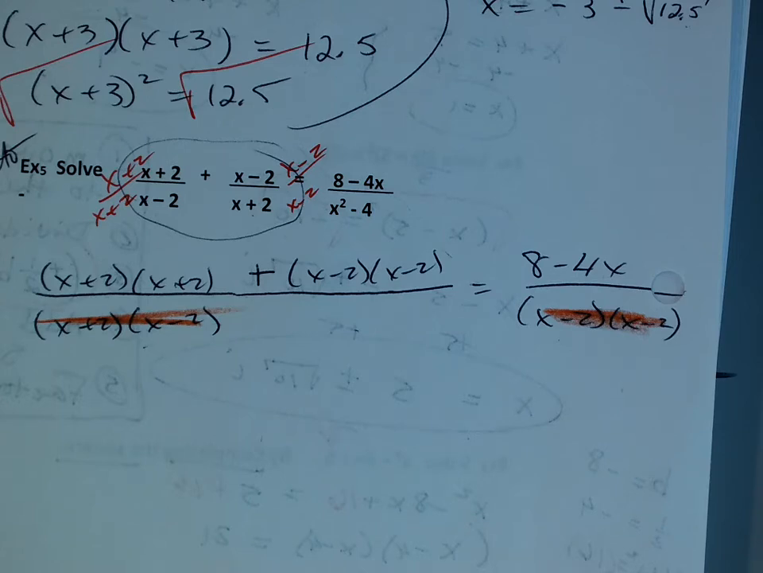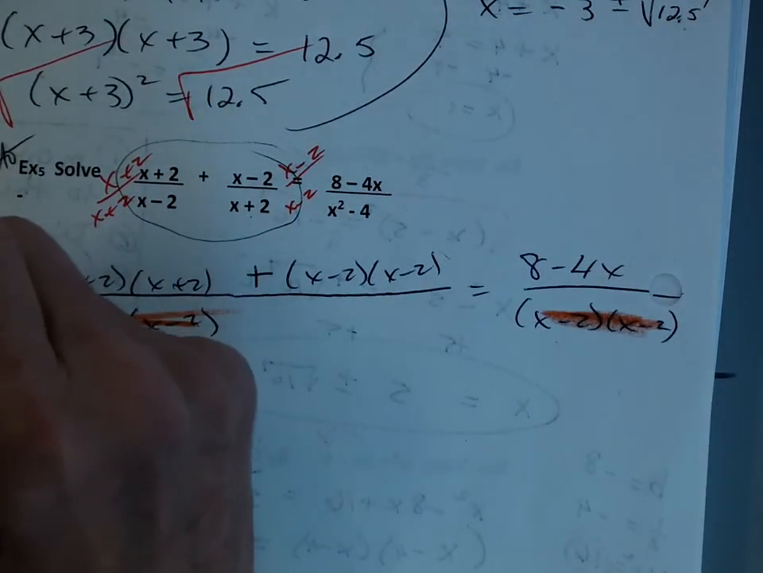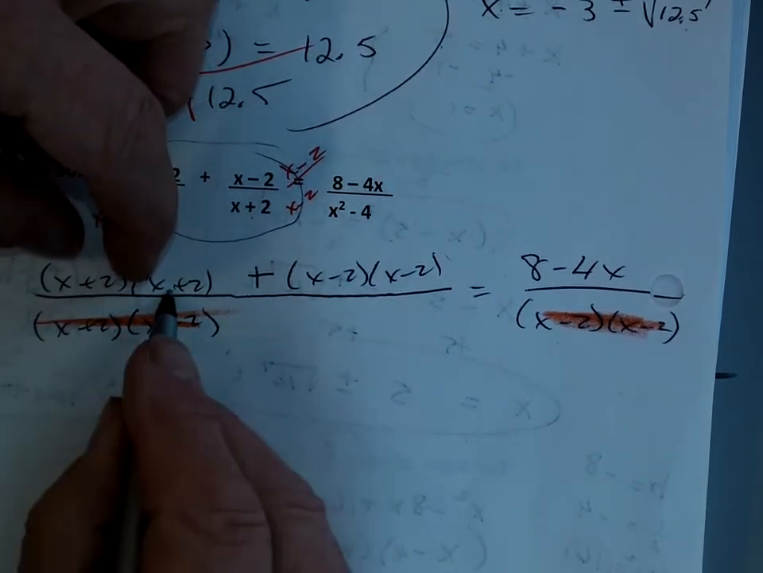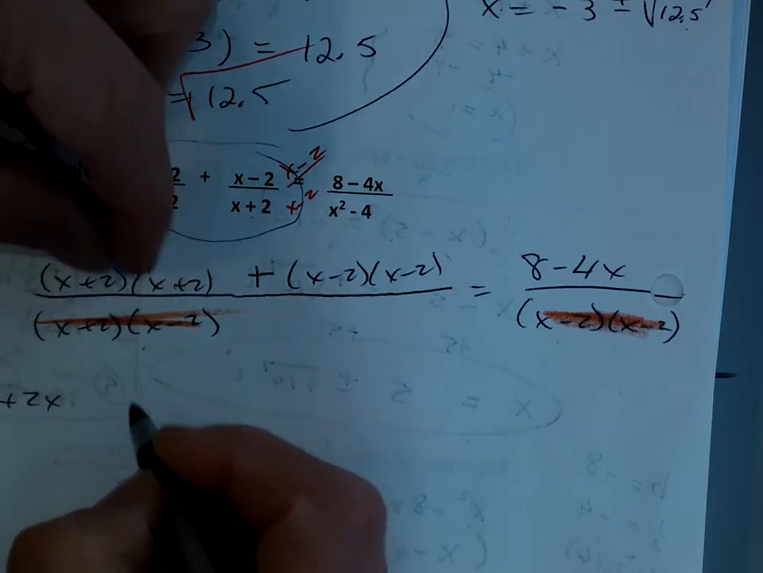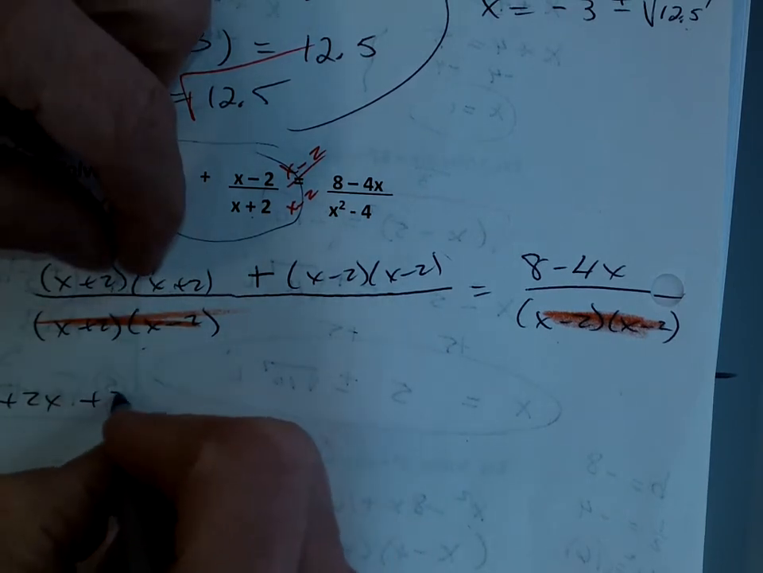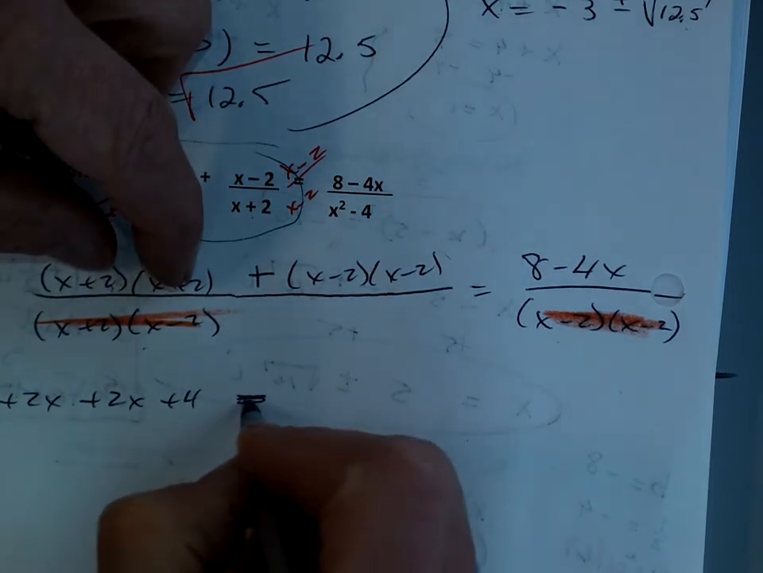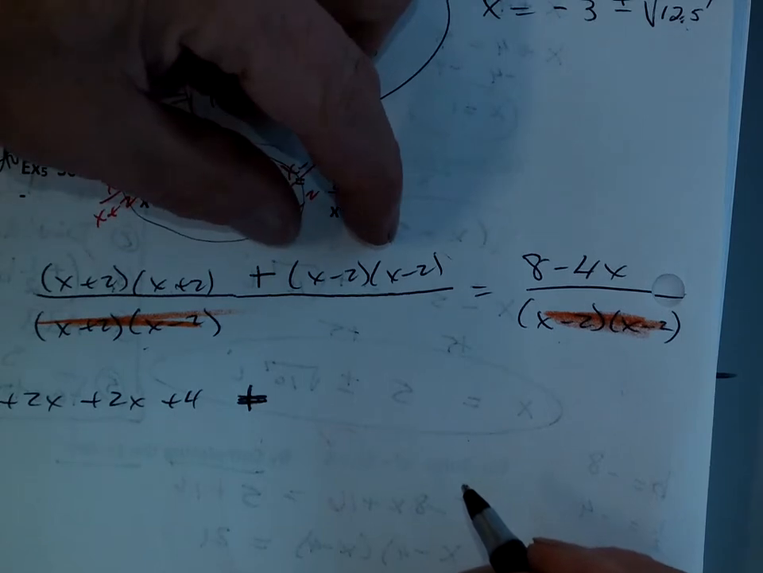Now, what do we have? The problem's going to get better, okay? This big, ugly problem is going to get better. All right, so now what do I have? Well, let's see. I'm going to FOIL. I'm going to have an x squared plus a 2x plus another 2x plus 4 plus